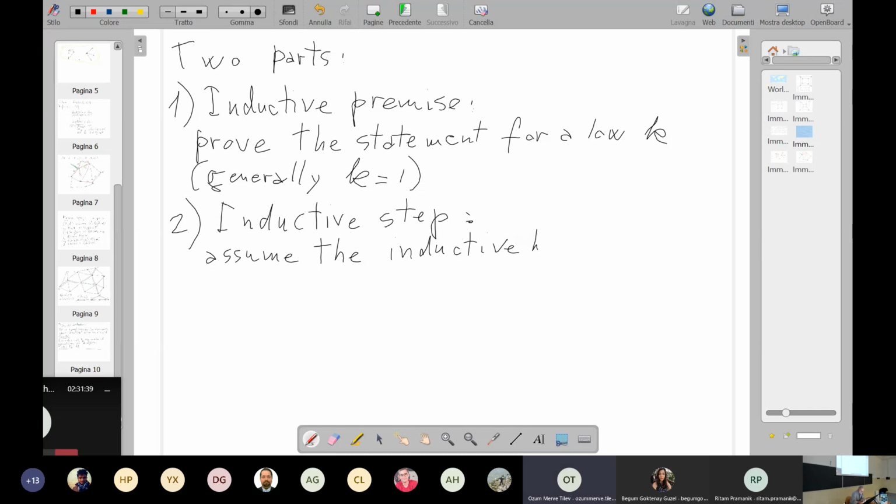Assume the inductive hypothesis: the statement holds